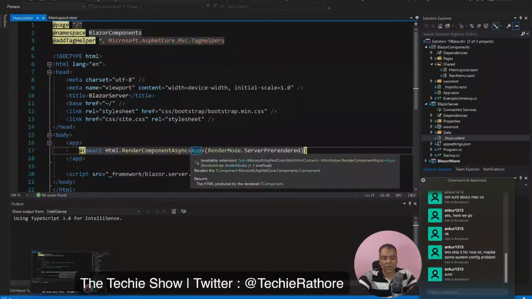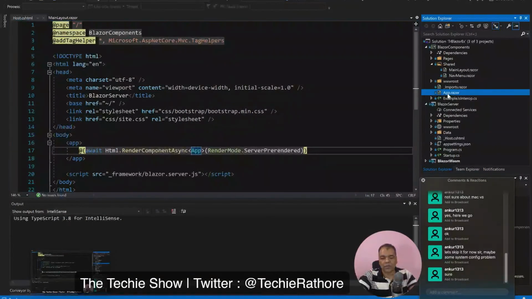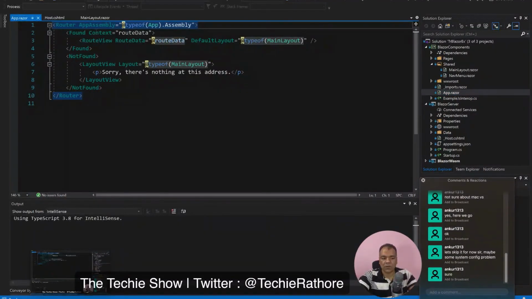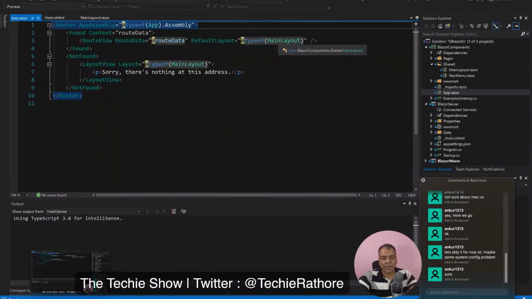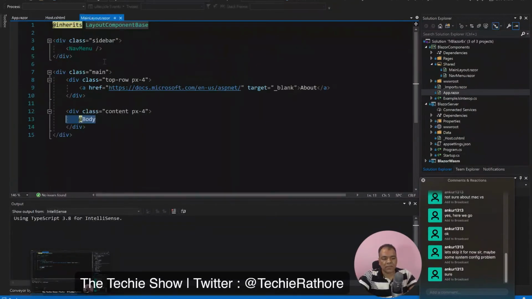What is this App? This is the App.razor file. So this App.razor file is being called from here in the cshtml. Then App.razor further calls this MainLayout, and inside this MainLayout, this @Body tag has whatever default page is there, it will be shown here.